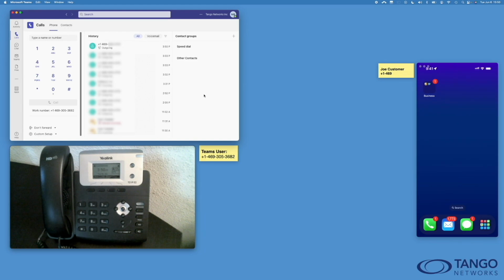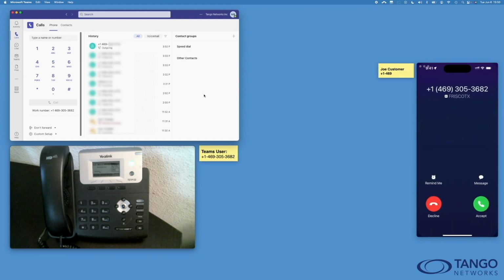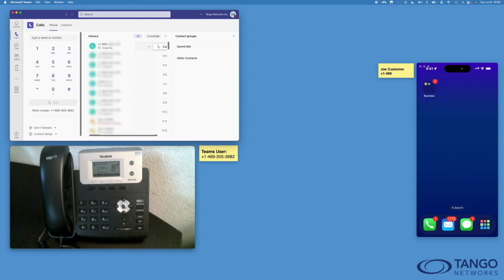Now let's make the same call from the desktop device. Again, the mobile is ringing using the same DID, and again I'll answer. And they share the same DID. And again, when I hang up, the call logs will update showing that outbound call. So we just demonstrated a Teams user using both their soft client and desktop client to leverage their calling plan